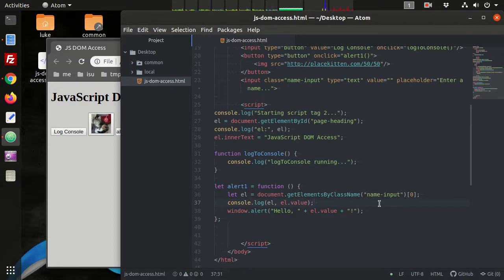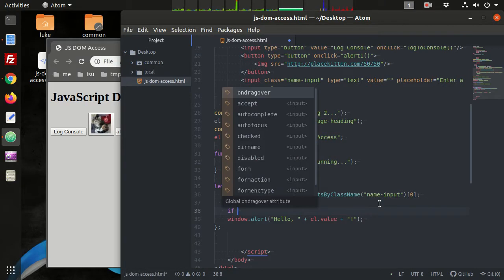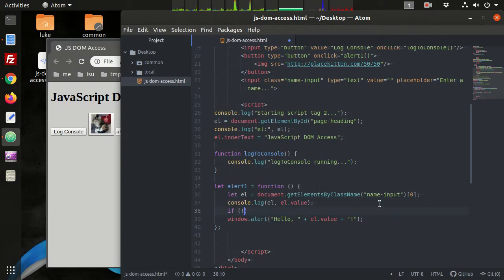If they don't type anything in the box, we can check for that. We can say if not element.value. So if that's the empty string, the not is going to turn it into a Boolean value and take the opposite of that. So in JavaScript, the Boolean version of the empty string is false. So not of false would be true. Right? So if the value is empty,